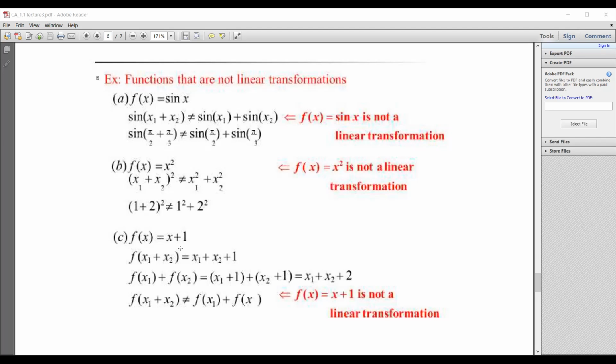So though it is linear in power of x, it is still not a linear transformation. This is a very important note over here. You might have your function with x to the power of 1, so x might be linear in your given function, but this doesn't necessarily imply that it will be a linear transformation. A very good example to be noted.